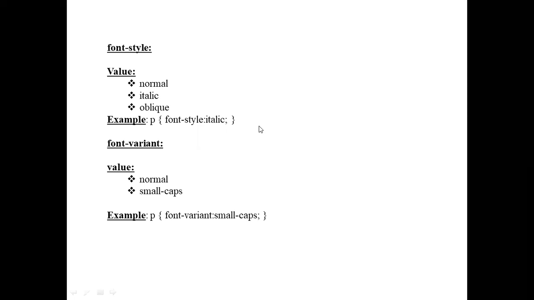So this is the font variant property. There are two values. One is normal and second one is small caps. Normal means the browser displays normal font. This is default. The default variant is normal. Next, small caps means all lowercase letters are converted into uppercase letters. However, those converted uppercase letters appear in a smaller font size when compared to the original uppercase letters in a text.